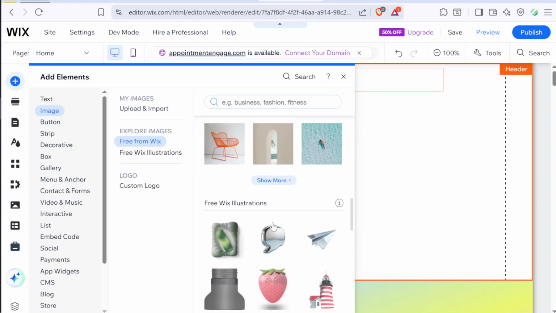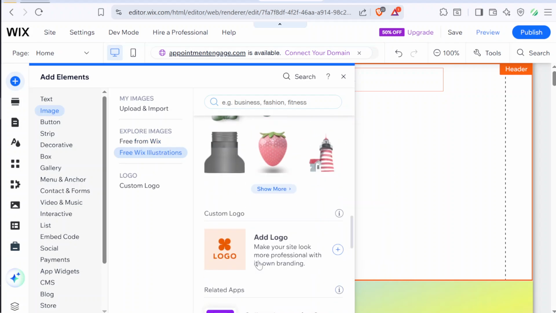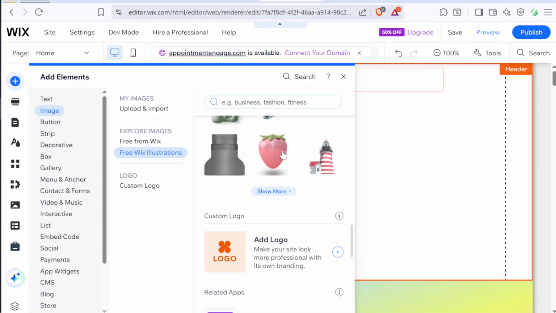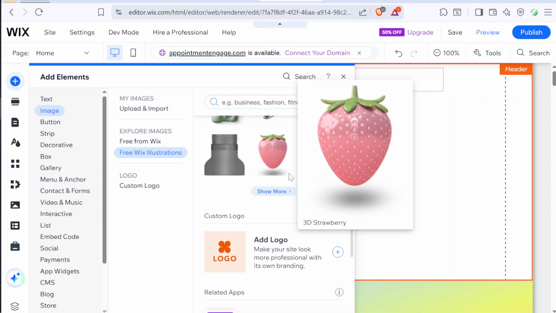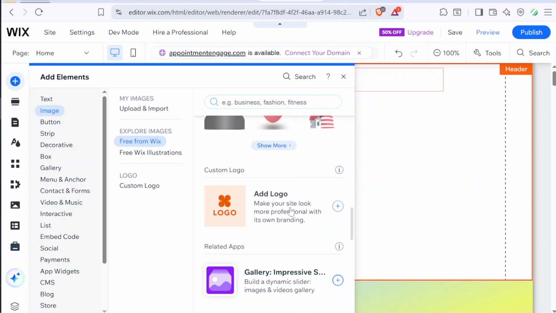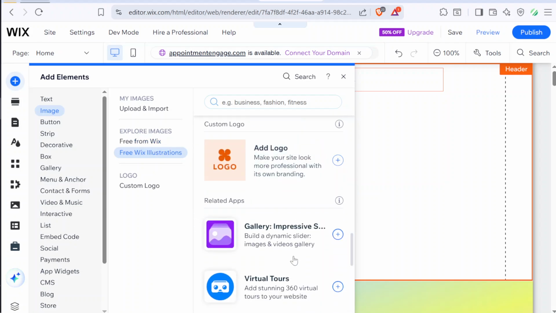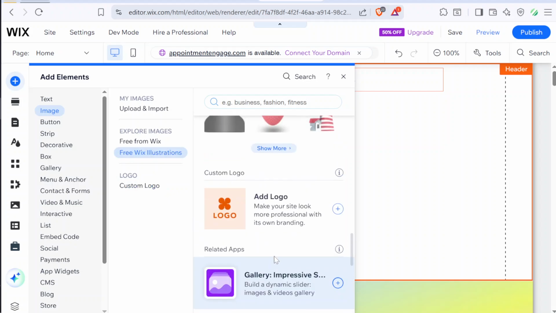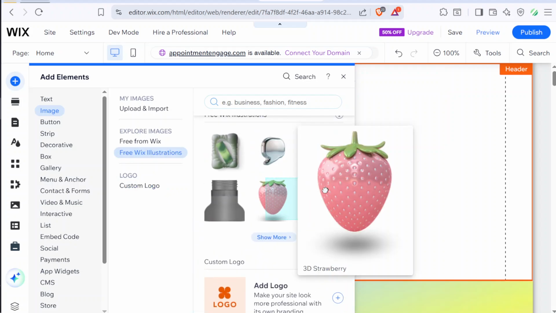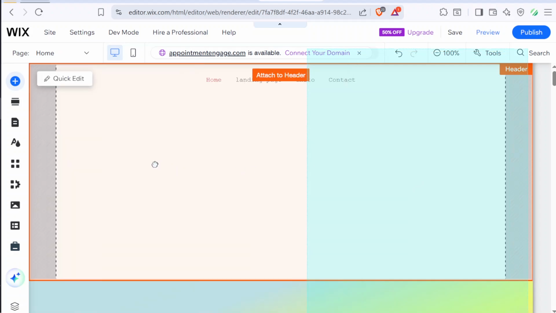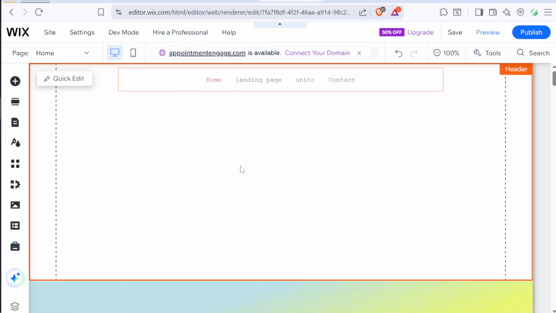Make sure they're sized and formatted properly so they fit seamlessly into your layout. If you don't have your own images, Wix also offers free logos and placeholder images that you can use. Once your images are ready, place them in the header and adjust their size and position to match your design vision. Then